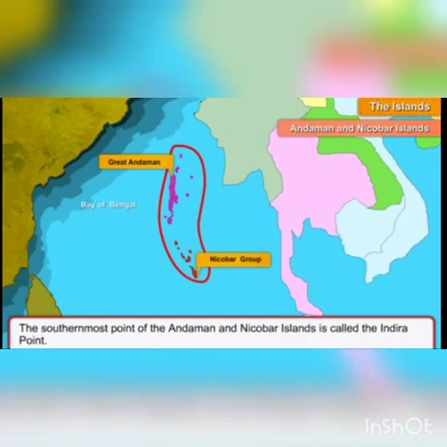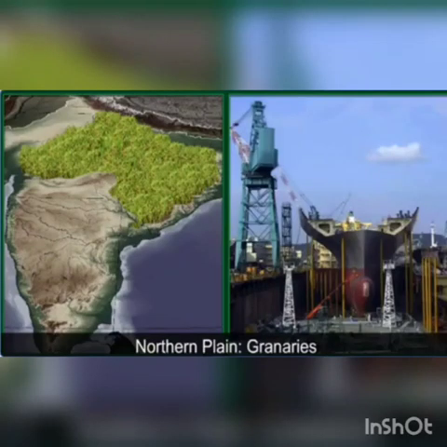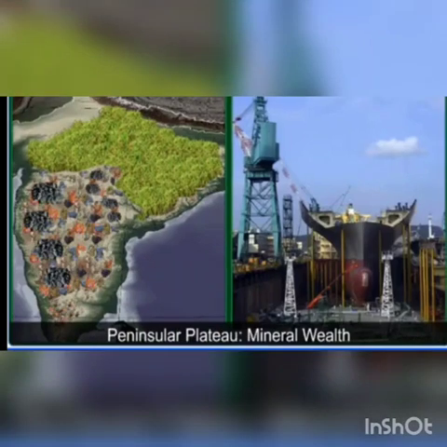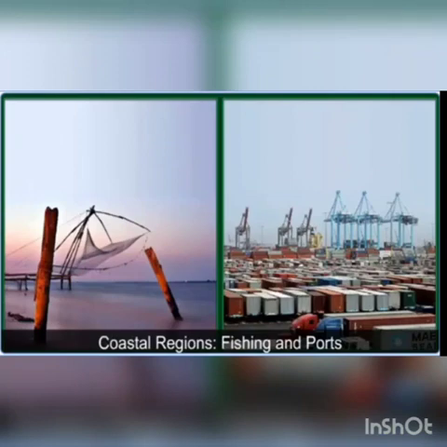So, we can conclude that each region complements the other and makes the country richer in the natural resources. The mountains are the major sources of water and forest wealth. The northern plains are the granaries of the country. The plateau is a storehouse of minerals. The coastal region and island groups provide sites for fishing and port activities. Thus, the diverse physical features of the land have immense future possibilities of development.